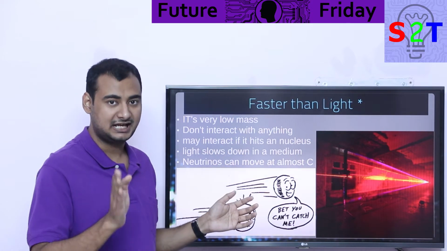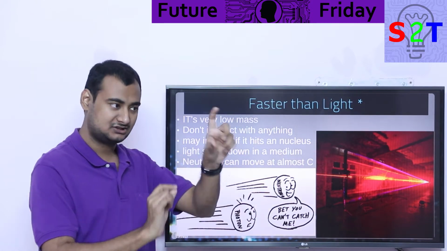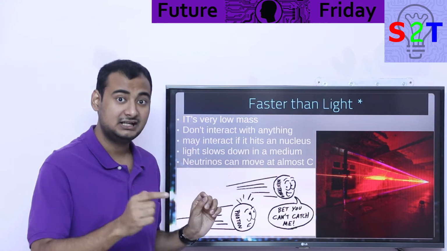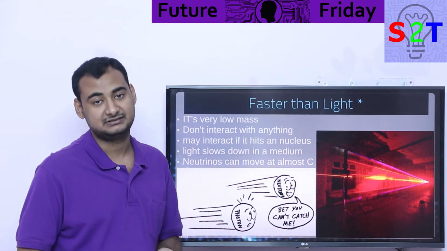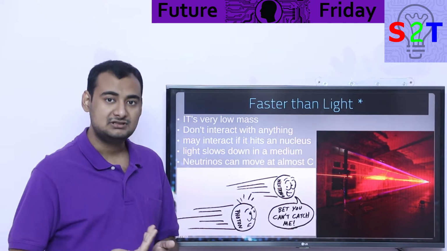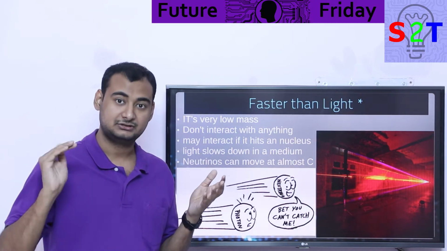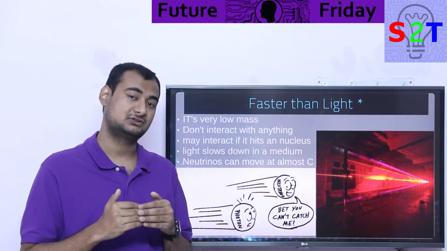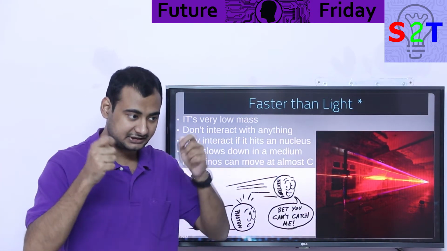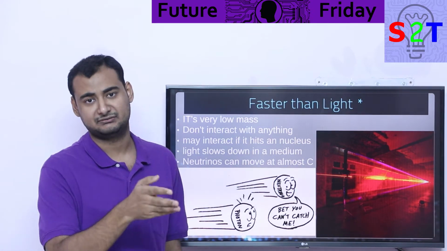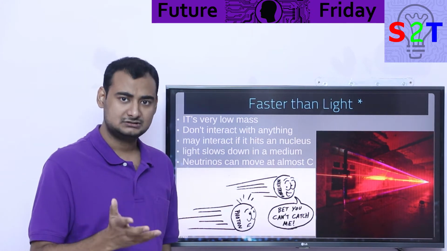Well, here's the deal. Light has a velocity in vacuum. Let's call it c. Nothing can exceed c, flat out nothing. However, light can slow down because it has the probability of interacting with things. It will slow down when it's traveling through a medium. Let's say, for example, you shine a laser through water. It fundamentally slows down. You can literally take the same distance, and it will take longer for it to travel, and we call it the refractive index, 1.3, 1.4, that sort of thing.